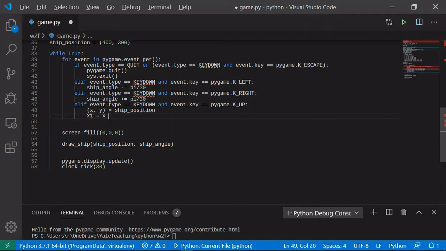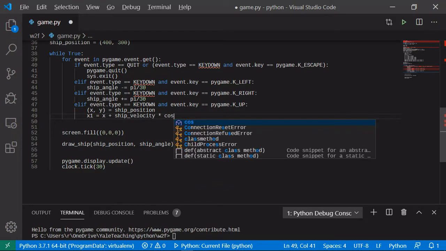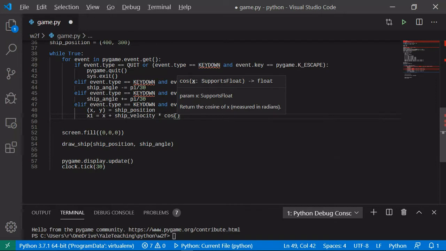So x1 is going to be x plus ship velocity times, so remember always, x is cos and y is sine. So cos of ship angle,